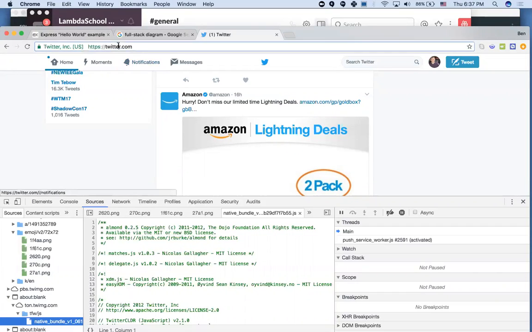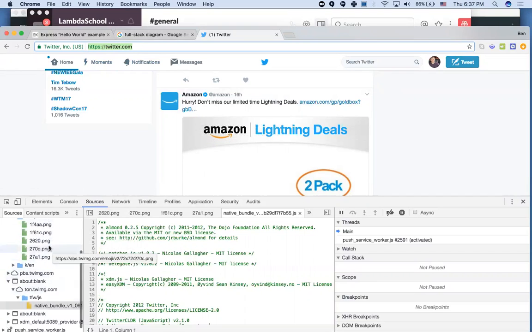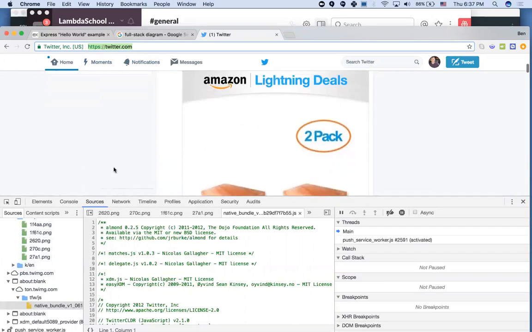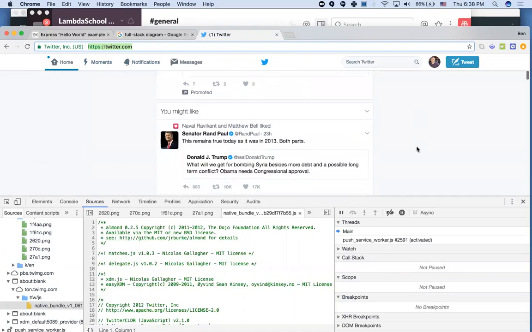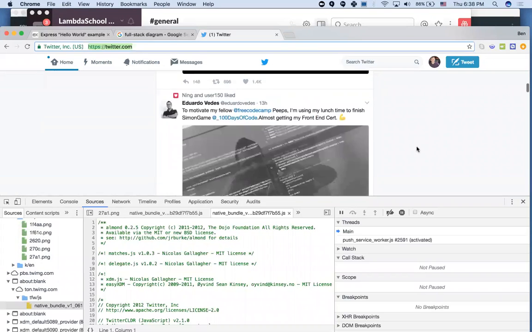So our browser is making an HTTP request, which is just a request that shoots out over the internet, and then their computer responds back and gives us a bunch of different files, some pictures, things like that, so we can render this page. That happens on load, and then